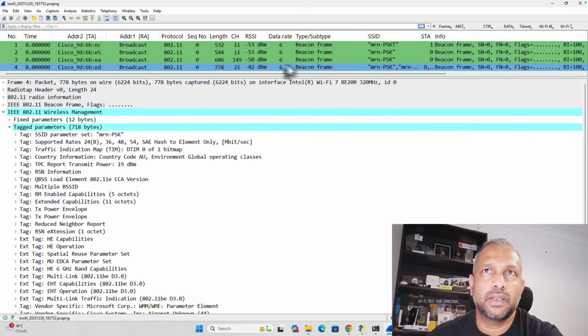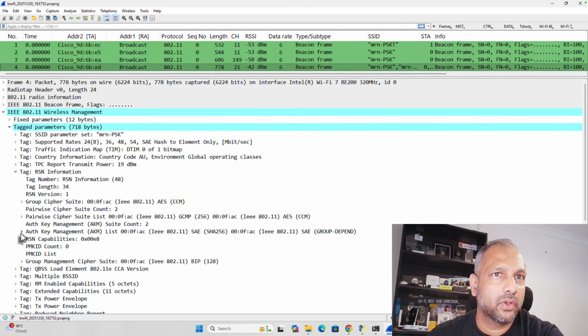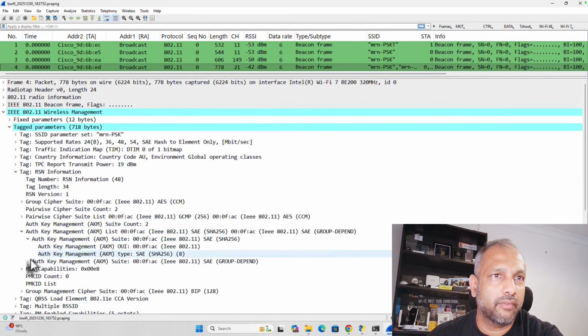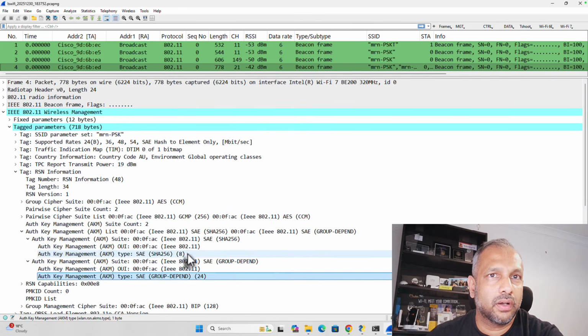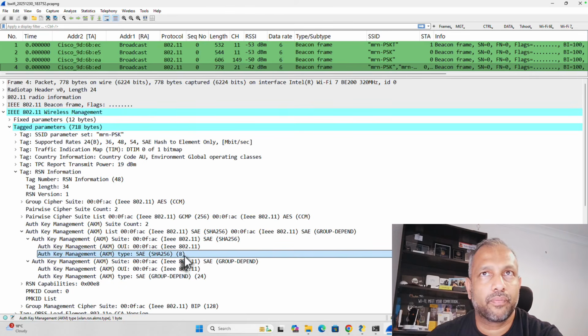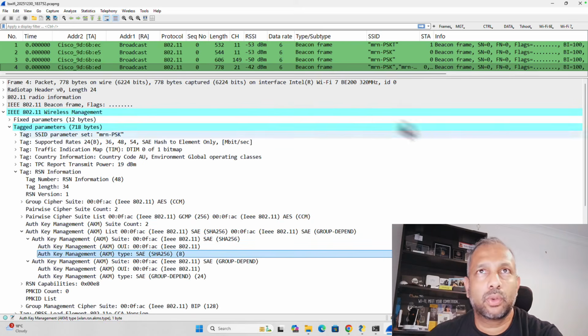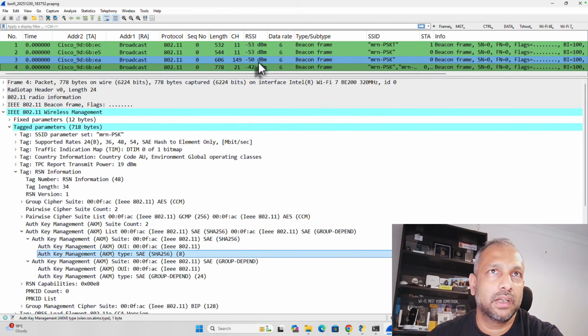For example, from the 6 GHz point of view, in this one, if I expand the RSN information element, you will see I have configured it, because this is only advertising the WPA3 AKM values 8 and 24. Okay, so now if I look at another SSID, probably in the 2.4 gigahertz, you will see